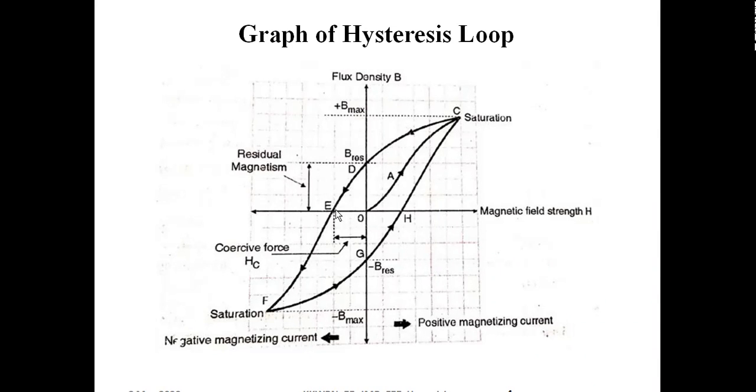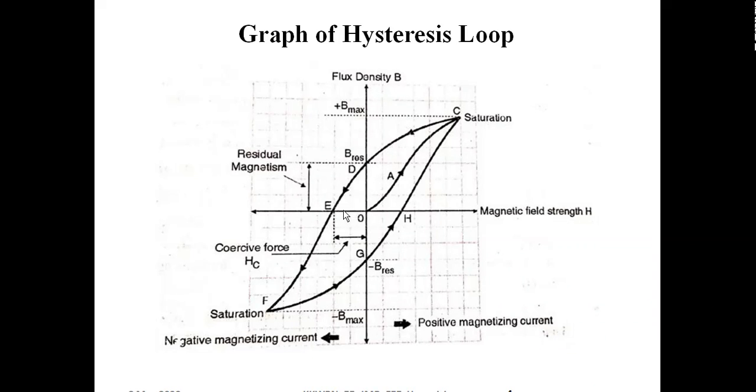So OE gives the coercive force necessary to make the magnetic flux density 0, and it will be in the reverse direction,